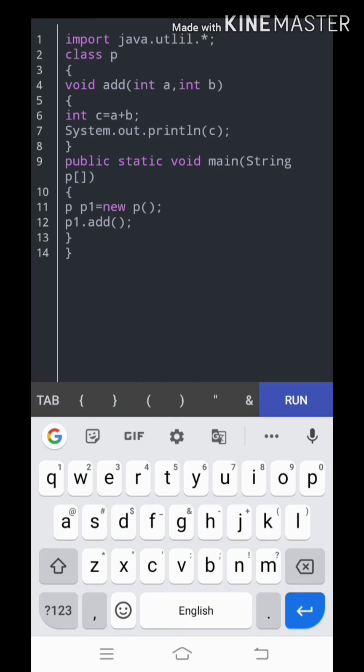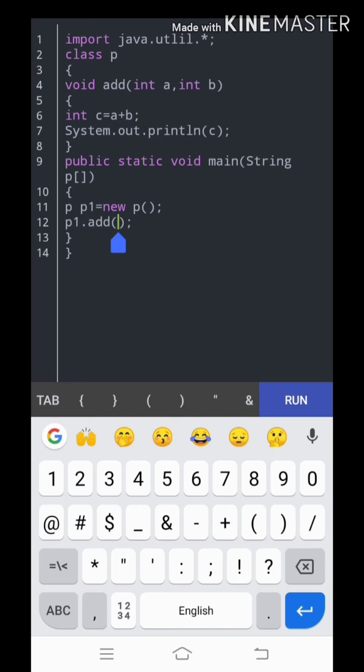Now for initializing the variables a and b, we need to directly call the variables inside with any values. For int a I am going to give the value 10, and for b I am going to take 50. So these 10 and 50 values will be stored in int a and int b.